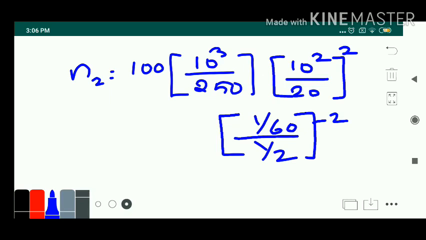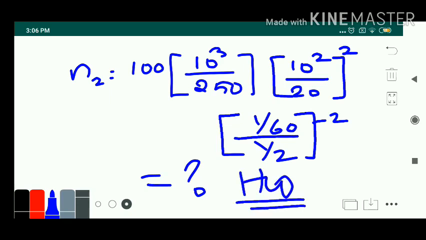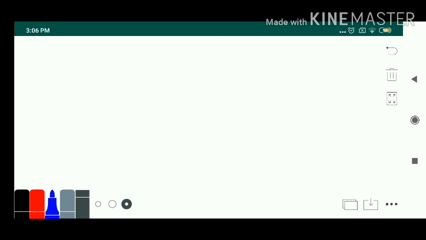Now the thing is, you have to calculate how much is the value. I think the calculations you guys can do. This is your homework. I want you guys to do this and send me the answer. This much calculation, I hope you understood. You just have to understand the equation and what all terms have to be written as M1, L1, L2, like that. Let's do another problem also.